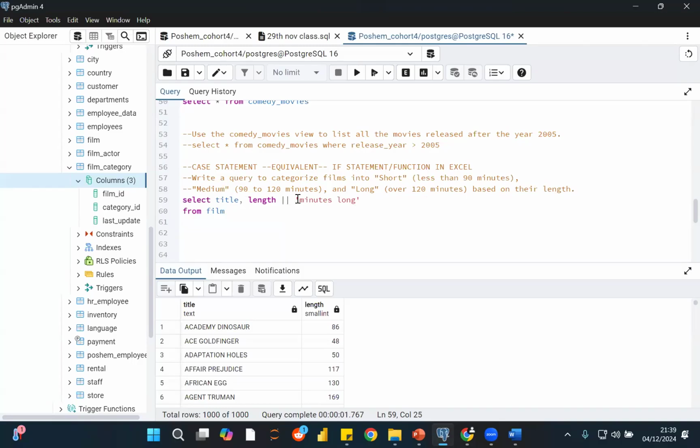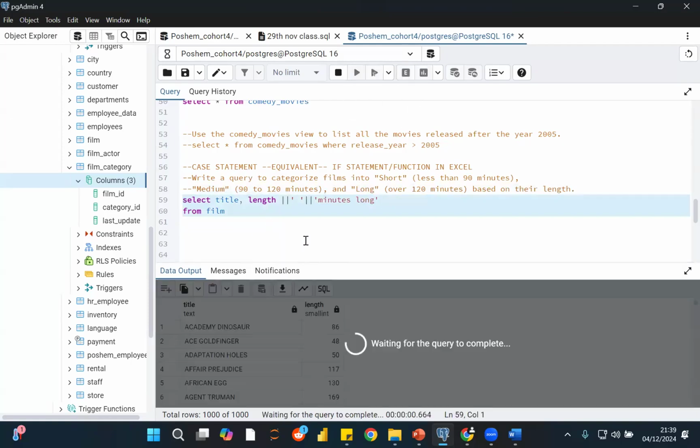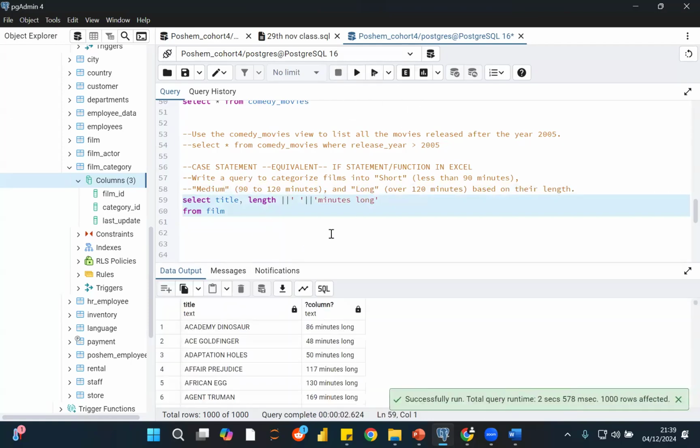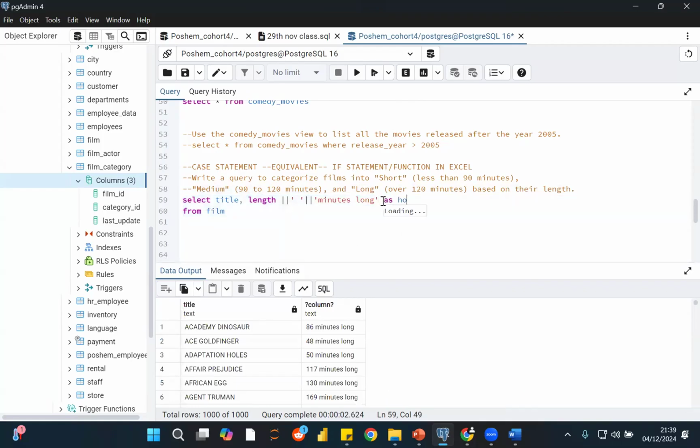Concatenate, let there be a space in between also. So there should be a space here, and to see the length in minutes. So let's run this. I'll just say as how long? No, as full length, movie length. I don't know, length,